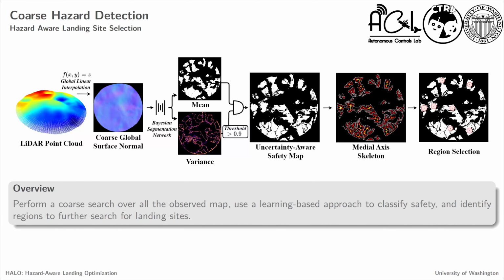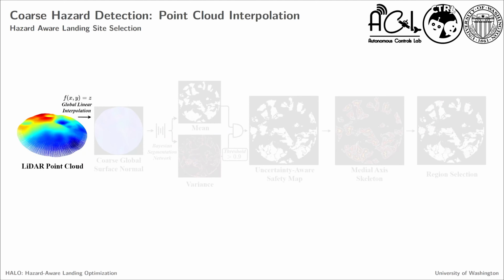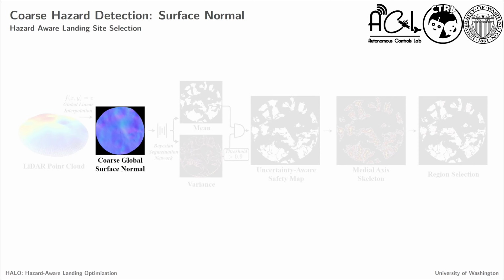The coarse hazard detection focuses on identifying larger hazards and safe regions within the scope of the entire observed map. Initially, a point cloud is captured from a simulated LiDAR sensor, and a function is found from a coarse linear interpolation from which the surface normal is created. A surface normal encapsulates terrain gradient information, where the RGB values correspond to the unit normal vector for that location